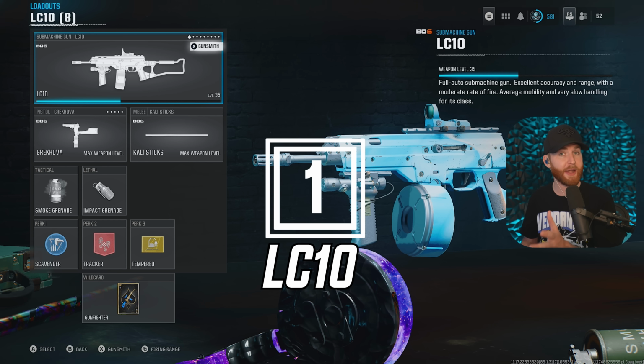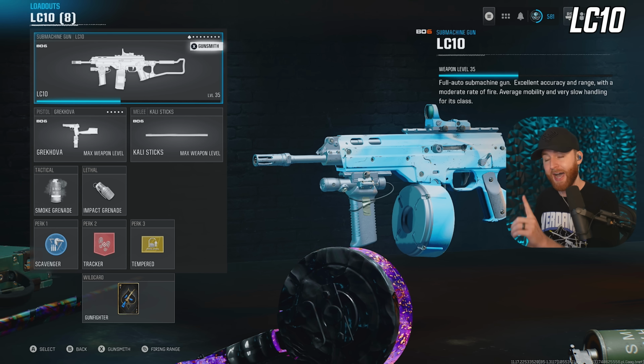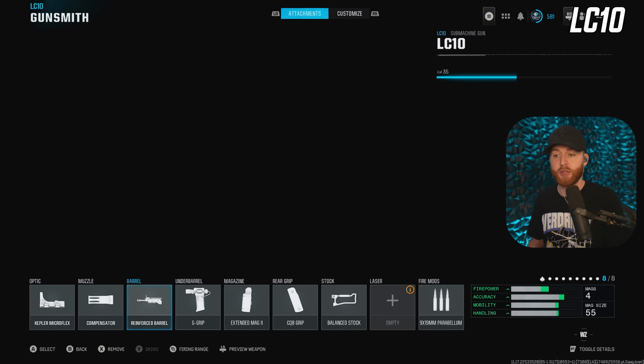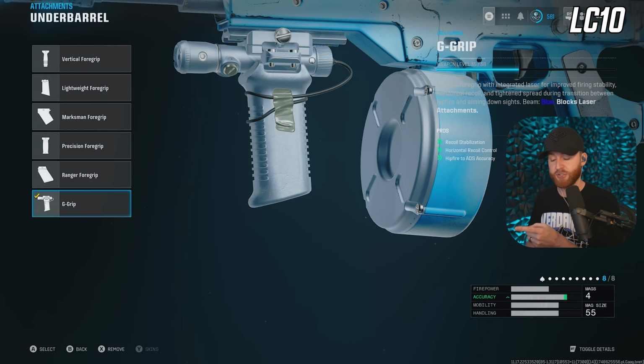So if you don't know by now, the new LC10 is the new SMG that dropped into the meta, and it is the best SMG to use inside of the game. But on top of that, there is a specific combination of attachments that you need to check out. Okay, the very first one that we need to take a look at is the new G-Grip. Okay, the G-Grip not only helps out with recoil stabilization, horizontal recoil control, and most importantly, hip fire to ADS